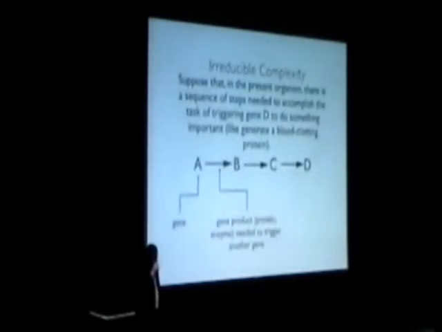Now, what did the intelligent design creationists say about this? Let's go to the next slide. They like to say that this is evidence that could never have evolved. And why is that? Well, they talk about this thing called irreducible complexity. They say there are some things that are so complicated they could not possibly evolve because there's no way to arrive at the final arrangement from an initial organization.